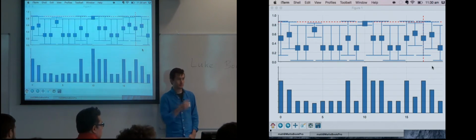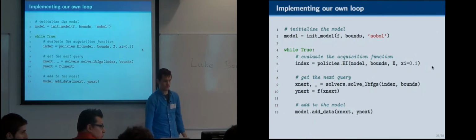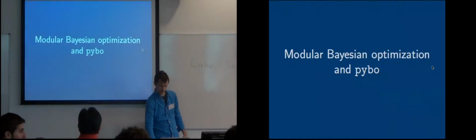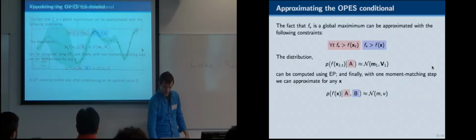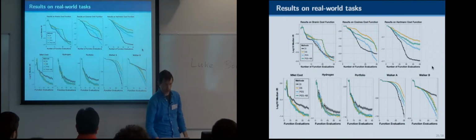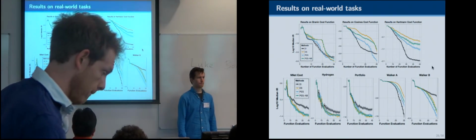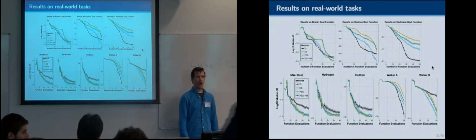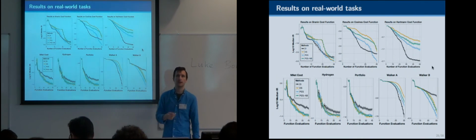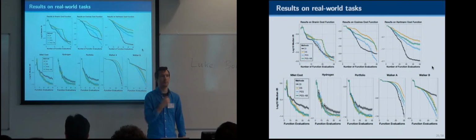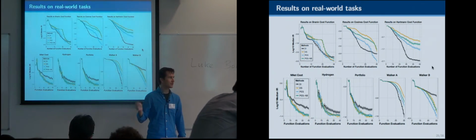Back on your slide where PES and EI are compared in a noisy case. Yes, the very noisy case. Which variant of the EI did you use for coping with noisy observations? We compare against the maximum incumbent, where the incumbent is defined as, I believe in this case, the